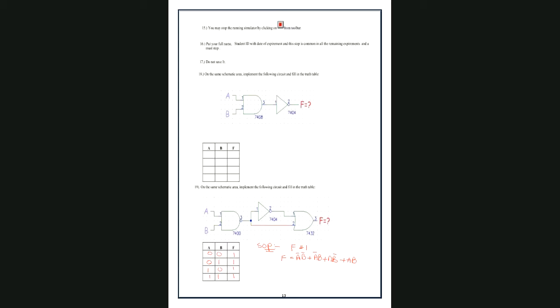If you have written this, okay, no problem. But if you want to simplify it, I'll show you. Let us simplify. How will we simplify?